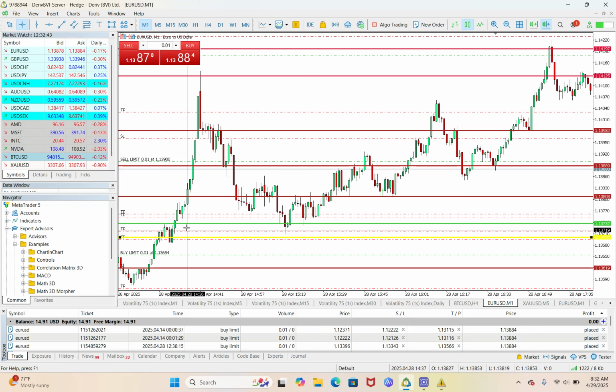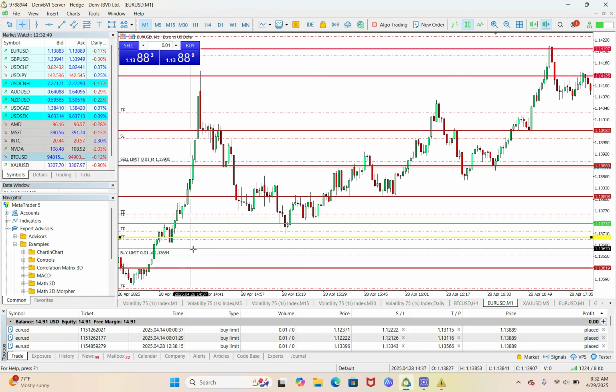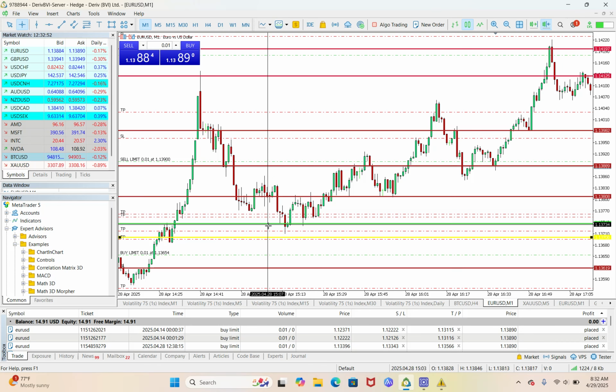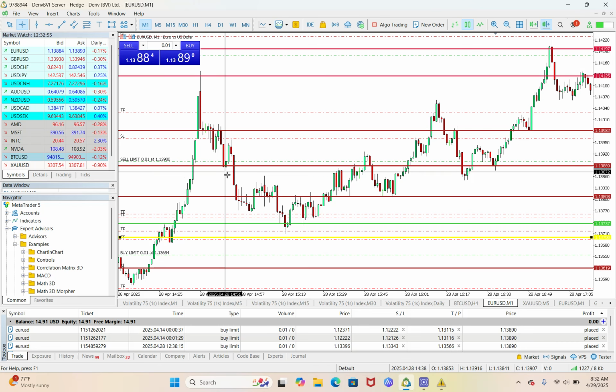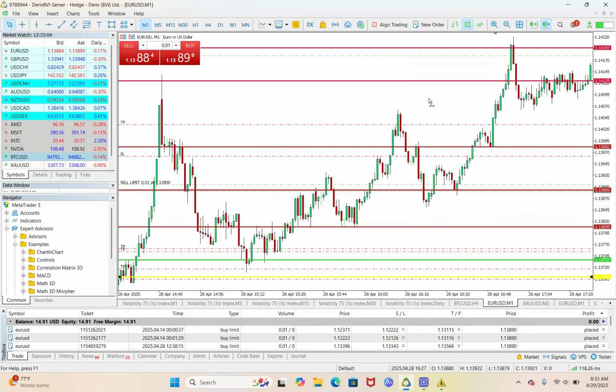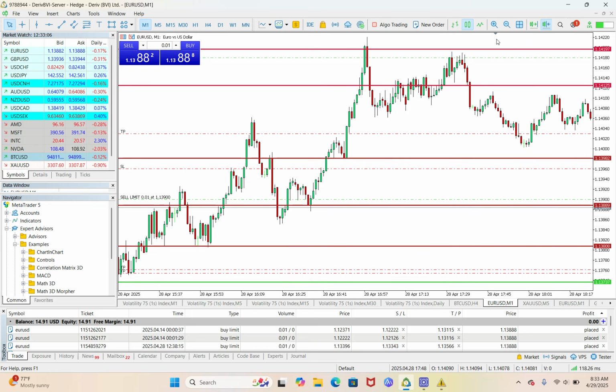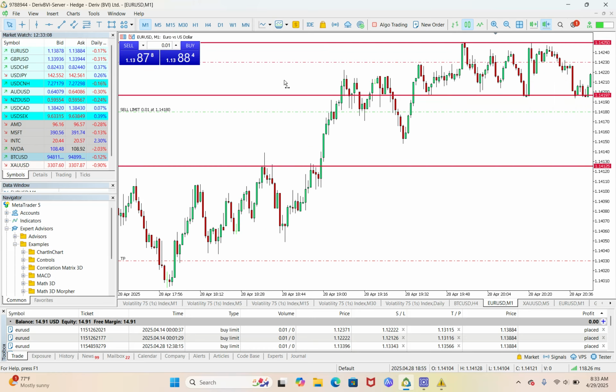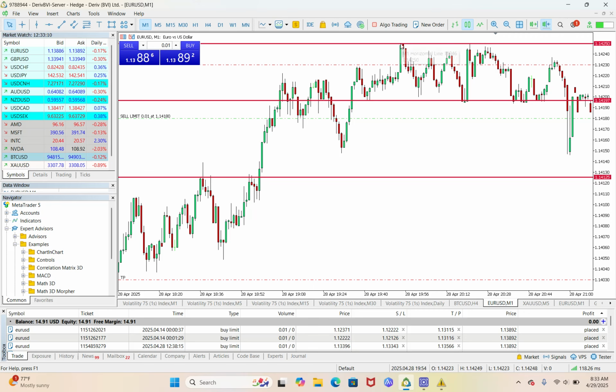Look, right? This is the area, right? This is the price point. Sellers came into the market, pushed the market down to here, 1.3710, right? Pushed the market all the way up, right? All the way up. Look how far the market went. All the way up to this price,